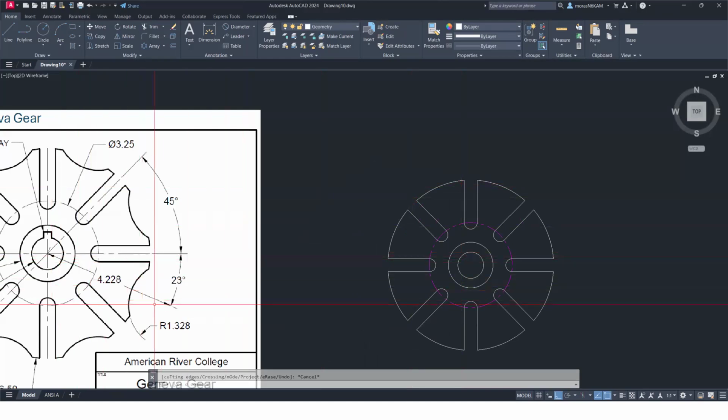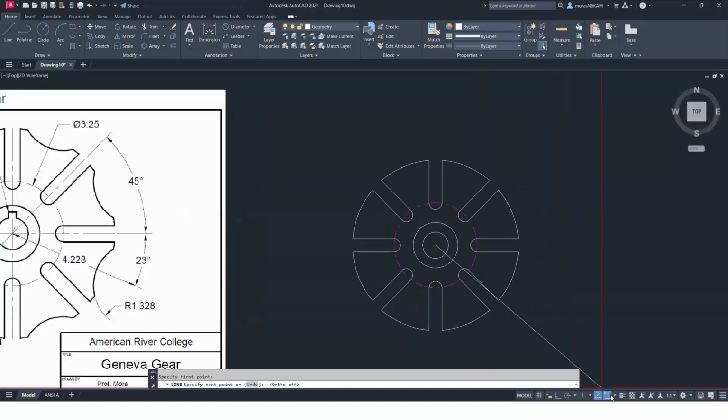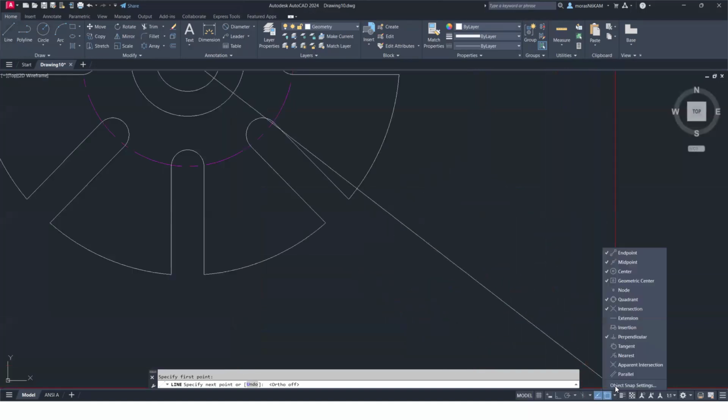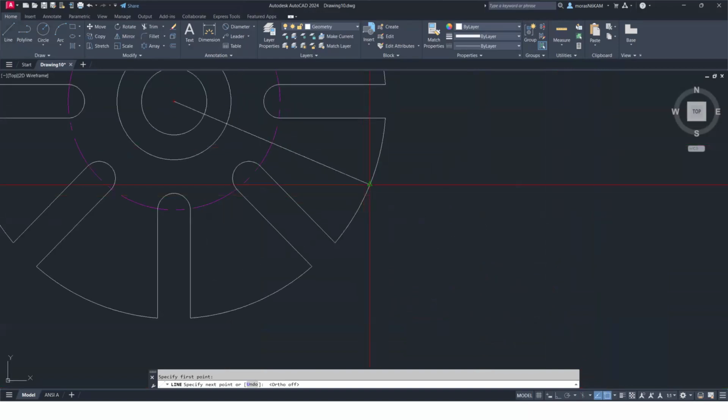All right, and then I have a circle that is 4.228 units away, and it has a radius of 1.328. So I can go ahead and create a construction line starting from this center circle and then going through this midpoint. Let me turn off ortho mode. And I'm going to turn on an extension object snap. So if I go here,